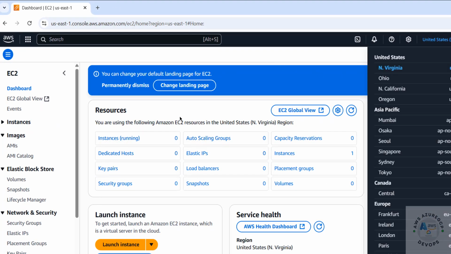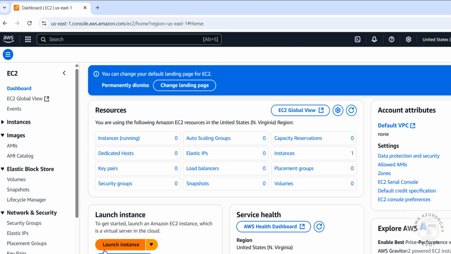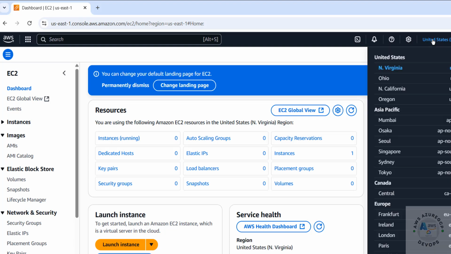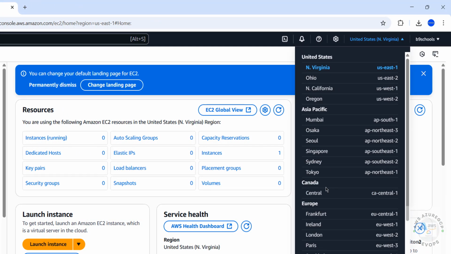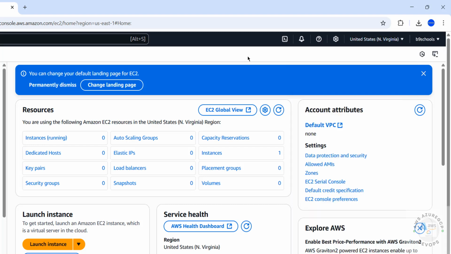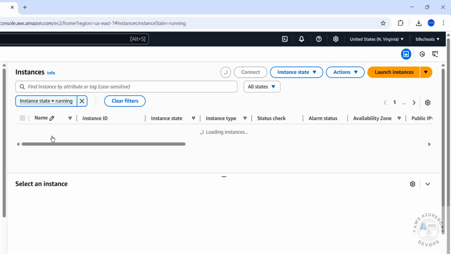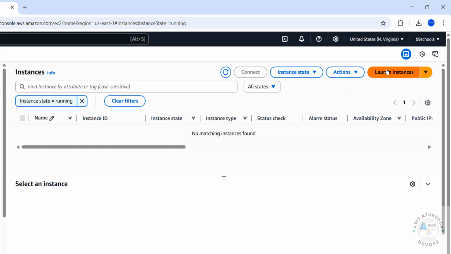Okay, and to create an instance you have to click on Launch instances or go to Instances running. But you must select the region in which you want to create the EC2 instance. I always strongly recommend selecting the region that is near to your current location. So I'm going to create the EC2 instance in this North Virginia, US East 1. Then click on Instances, then Launch instance,